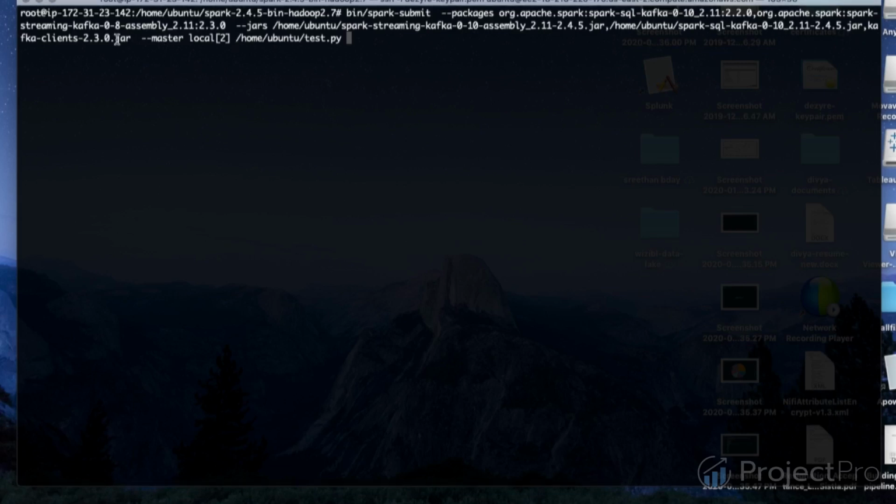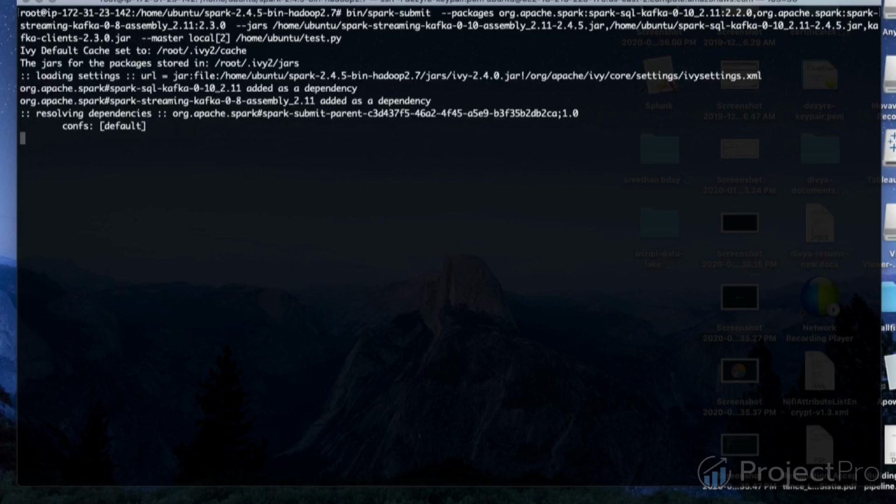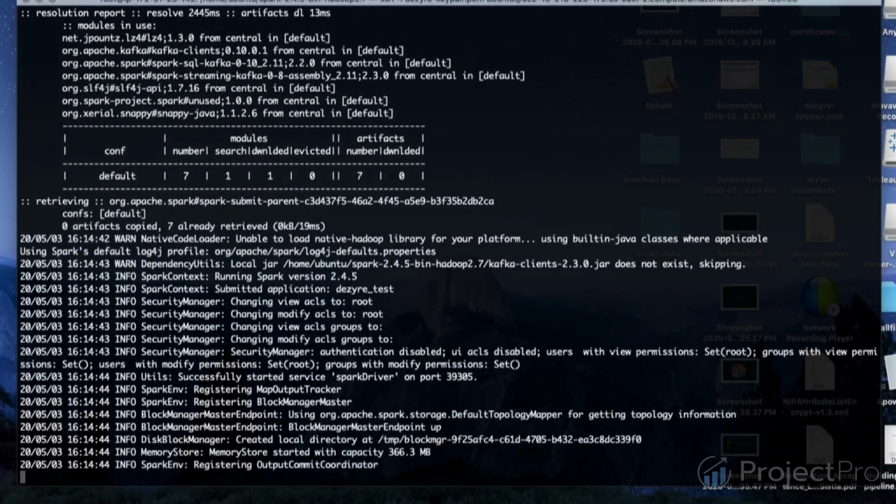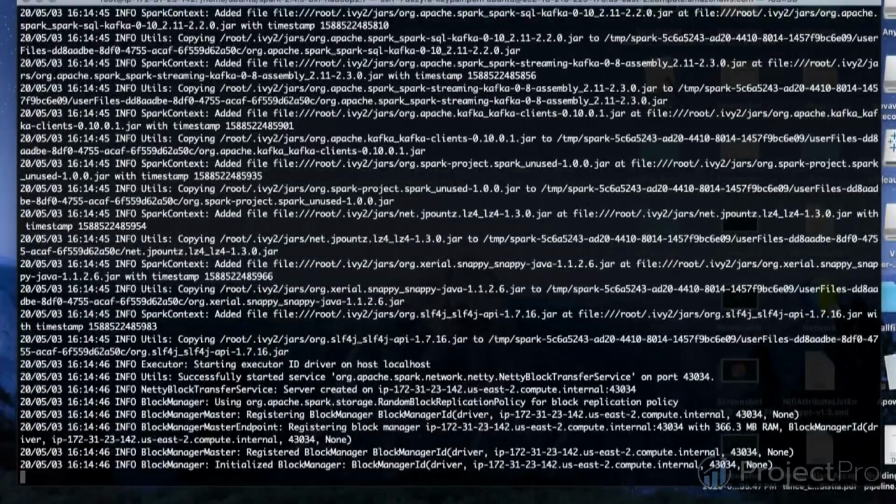We also have to specify whether we are executing Spark in local mode, distributed mode, or cluster mode. As of now, we have a single node, so we are executing in local mode, and also specifying the path of the PySpark code. Once we have this command in place, we'll run it to execute the PySpark code to read the streaming data from the Kafka topic, do some processing on top of it, and write the streaming data onto an output Kafka topic known as desire out.